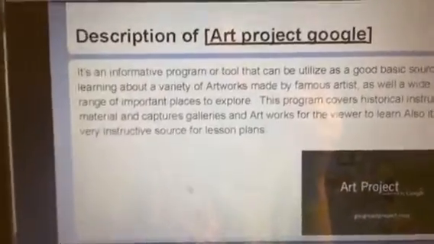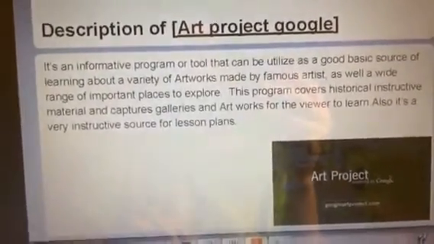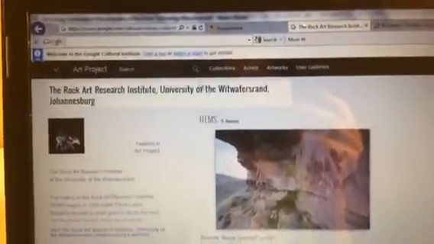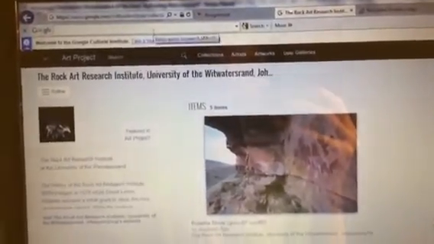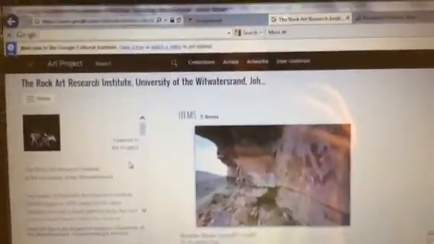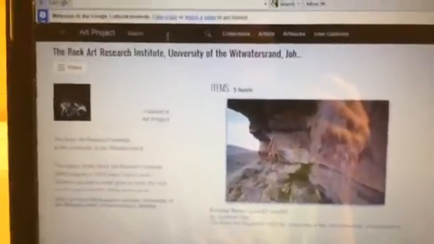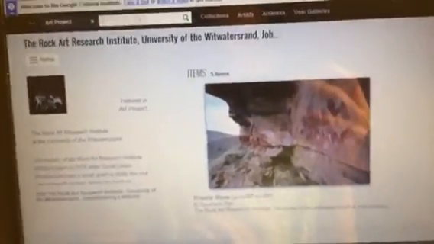So I'm going to go to Google now. I go to Google and I type Art Project Google. Google provides a very cool tool, I will say a very useful tool. So I'm going to type here and search. I'm going to type about